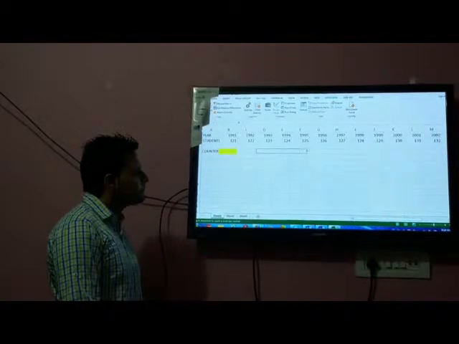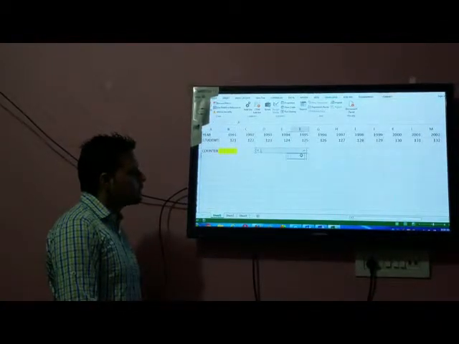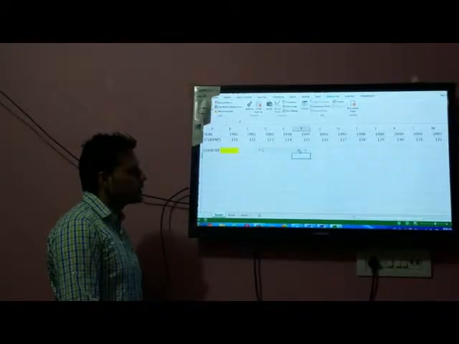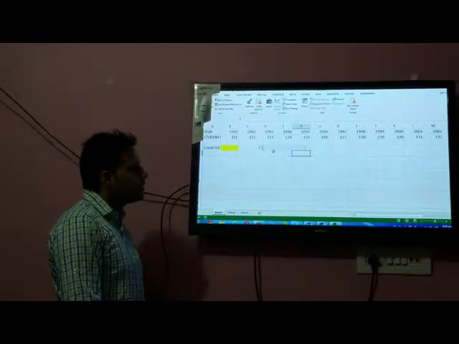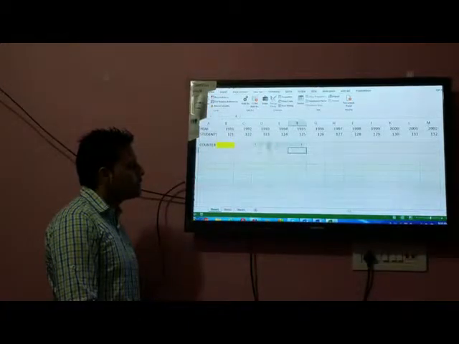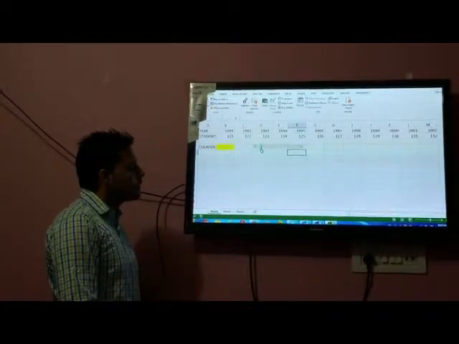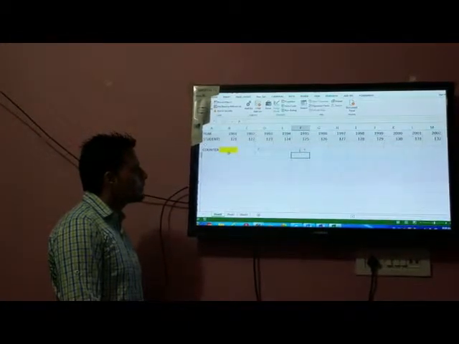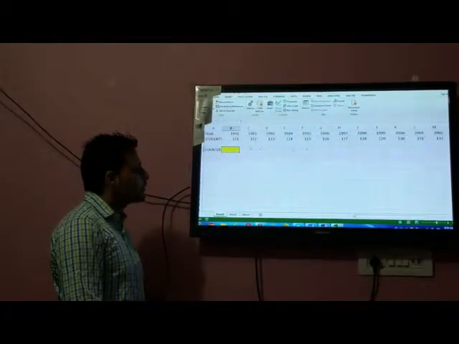Now you see the scroll bar is there, but if you click outside, the selection border will be gone. Now if you use this scroll bar, you see the scroll bar is working, but what is this? Only the scroll bar is working, but no counter is there. So I want to link this scroll bar with this particular counter.